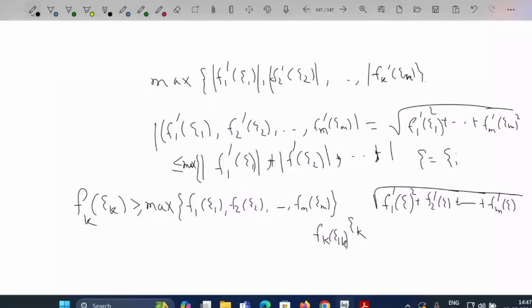The sum of f_i dash of zeta_j, the square root, this square, the square root of the sum. You consider this sum. Since there are finitely many zeta_i's, for different combinations of this one, this will attain a maximum value for some zeta_j. So you are taking summation both in i and j,